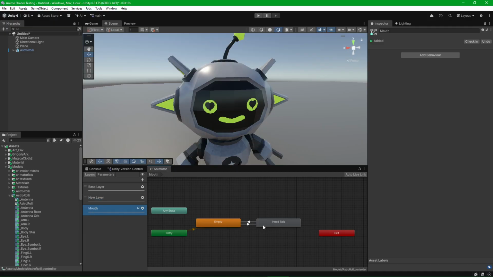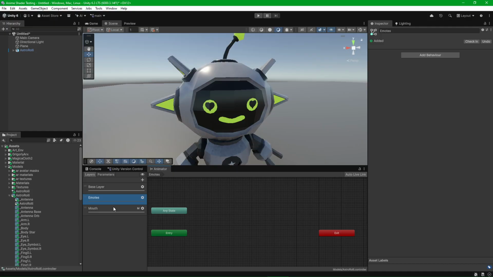So the mouth layer is in my mind, right? I'm making this thinking like, well, that's just for talking, yeah? So let's make this one which is like emotes. So basically it runs through them in order. So on this layer you'd have, your base layer is like full body animations and stuff where you've got like the characters walking around, right? Here, this one is the characters nodding yes and no,